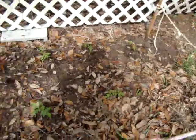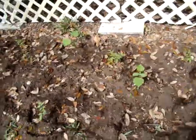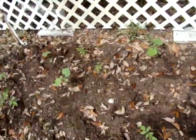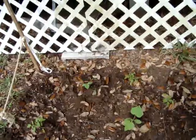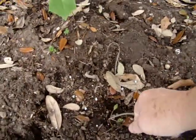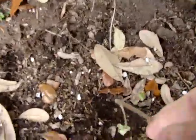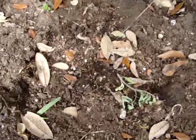Okay, here's the garden we've got planted so far. It's doing pretty good. There's different varieties of tomatoes in there, and something cut that cucumber down there, and something cut this tomato down. I don't know if it's cut down or if an animal just stepped on it and broke it, but I don't see any footprints or anything, so I don't know. Anyway,